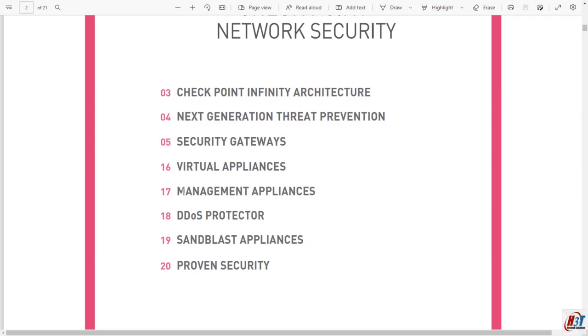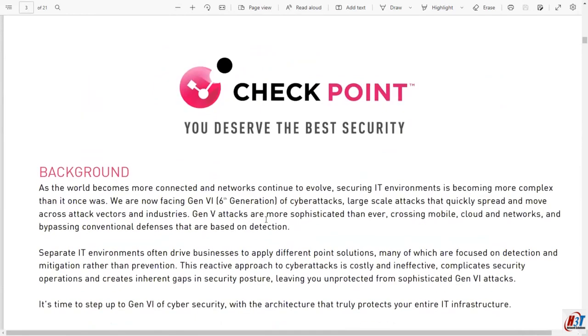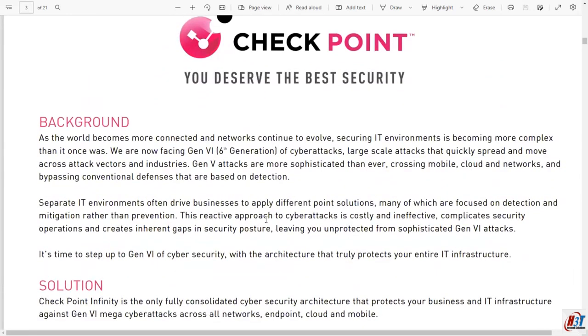the DDoS protectors. They have a separate appliance which basically deals with only DDoS protection. They have the Sandblast appliances as well. We will be walking through all the types of models and the differences between them feature wise. And then we have the proven security slide at the end of this slide. Let's move forward. So the first thing I want to go quickly through is the background of why we need the security